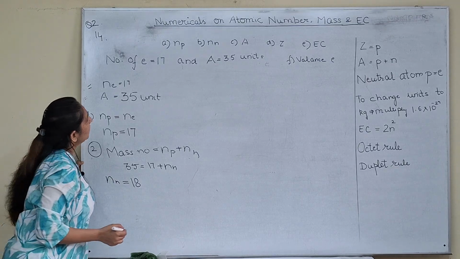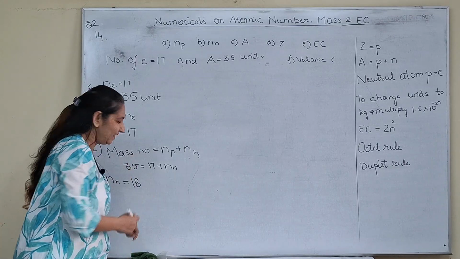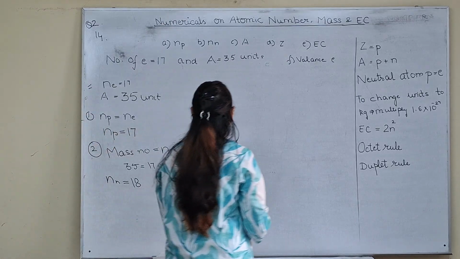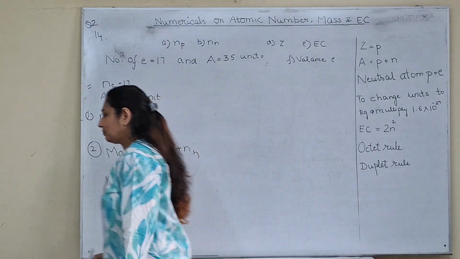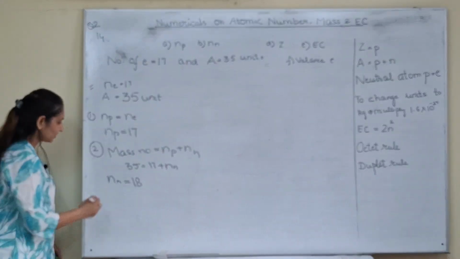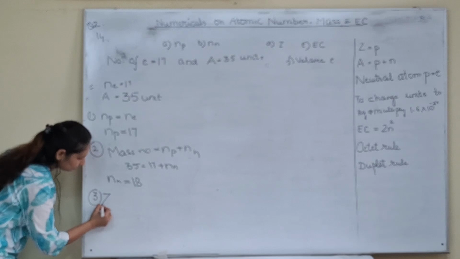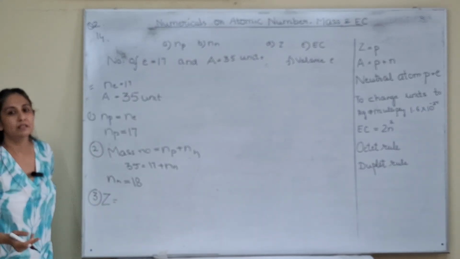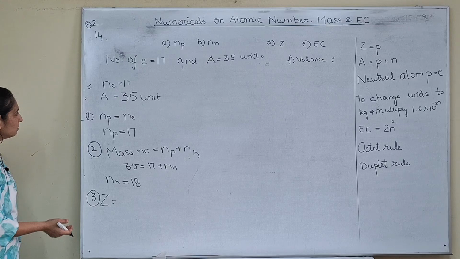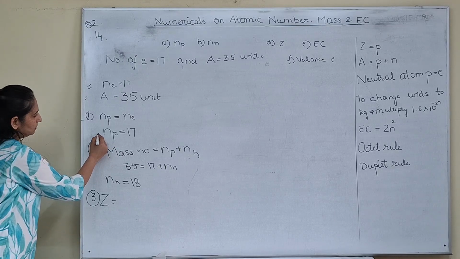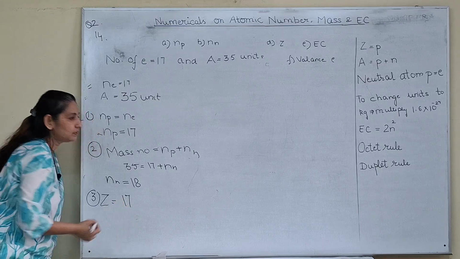Okay, then we have to find atomic mass. Sorry, ये तो कॉपी किया ना लास्ट क्वेश्चन से, ये तो दिया हुआ ही है. Okay, then we find the atomic number. So atomic number definition क्या है उसकी? Atomic number is number of protons. Protons है हमारे पास या? So atomic number becomes 17.